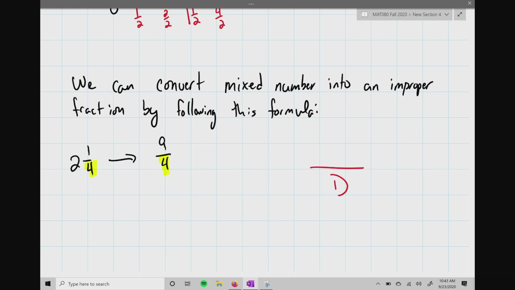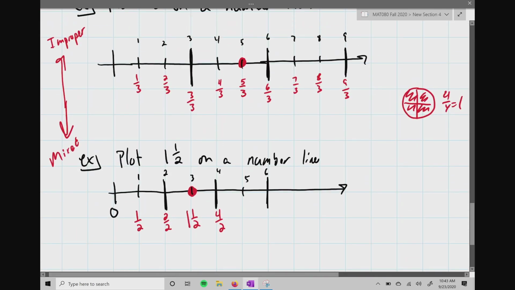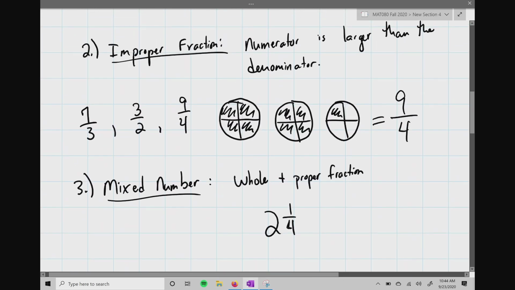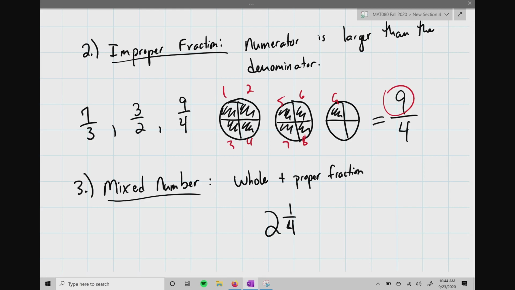Now, how do I get the 9 up top? Well, if you think about it, I'm going to go all the way back to this example right here because this is the one I'm really referring to. Okay? Notice, if I were to start counting 1, 2, 3, 4, 5, 6, 7, 8, 9. I get those 9 total pieces, correct? Yes or no? Also, if you're looking at it through a mixed number,